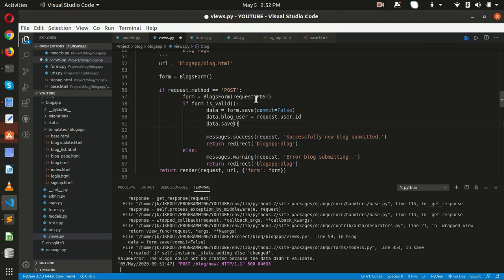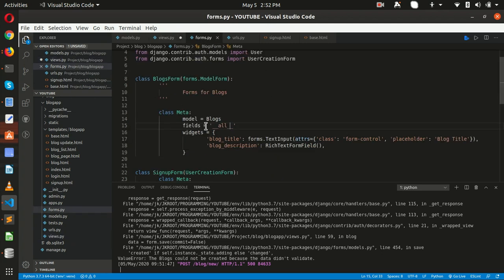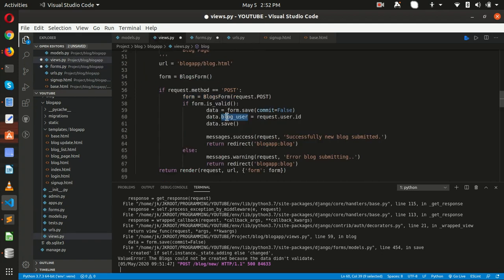So that's it. And moreover, right now we have to save this blog user as a separate user. So for that, inside this we can't say all fields.